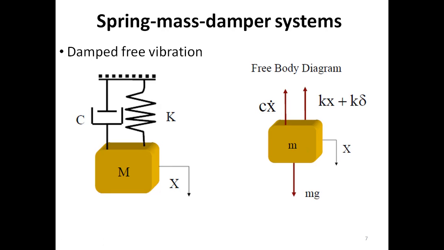the motion. Let's say we consider the weight which is acting in the downward direction, and this weight would be balanced by the static deflection force which we discussed in the last lecture, and that static deflection force is k delta. So these two are equal, we already discussed. So in the equation of motion, they would cancel each other. Here I'm showing you that these are included in the modeling, but when we write down the equation of motion, they would cancel each other.